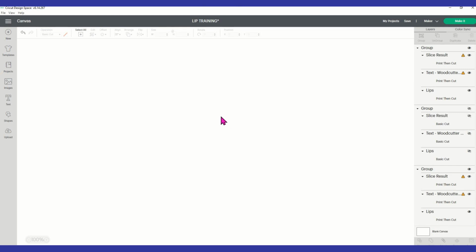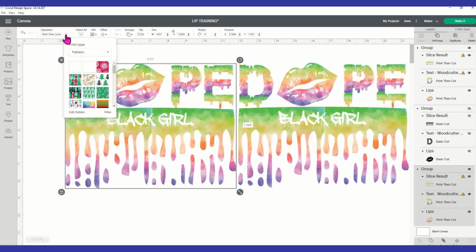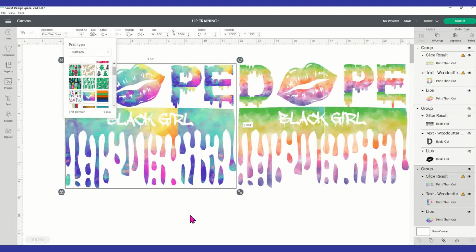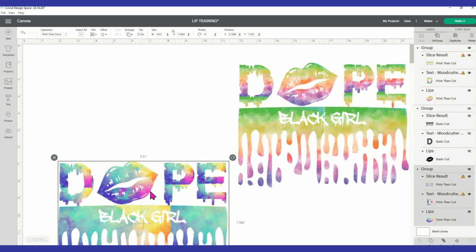And now when you go back to your desktop, you're going to click on that pattern or the print then cut for the color again, and you're going to locate that pattern, which is right here. So now you have that pattern added to your dope black girl, or whatever words you choose to go with. All right, so what I'm going to show you next